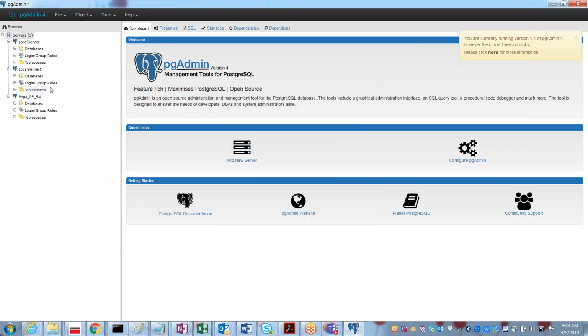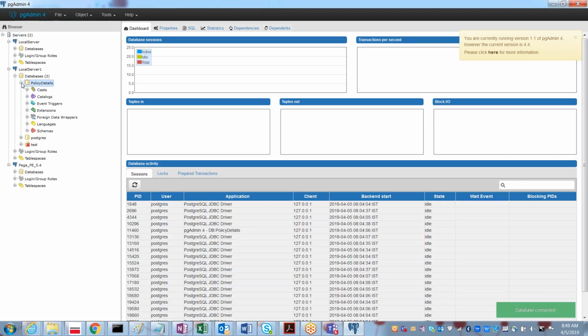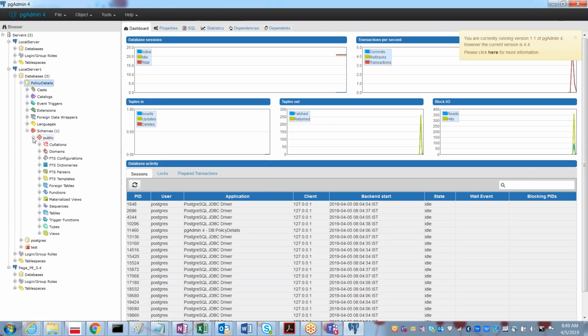Once after configuring it, here you will have something called databases. Under the databases, you will have something called policy details. Then schemas, public. Under the public, you will have something called tables.